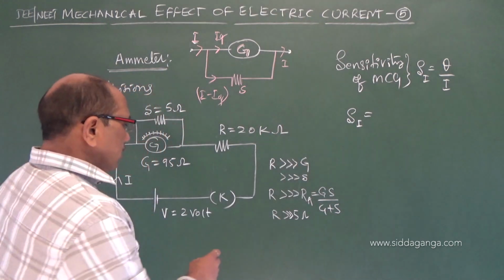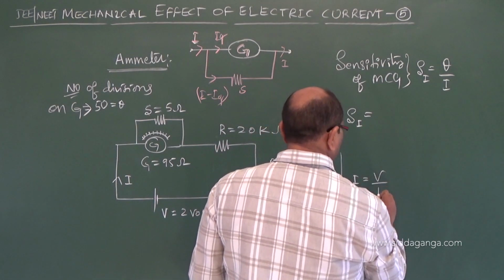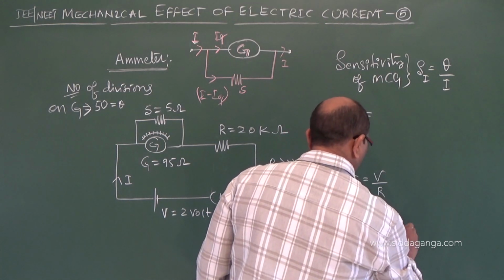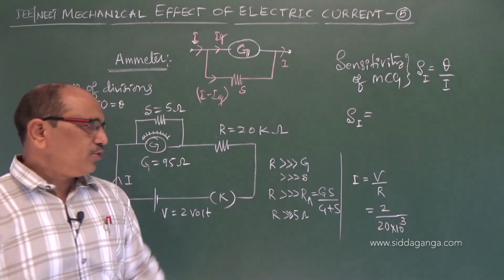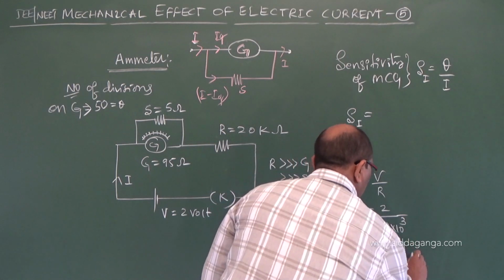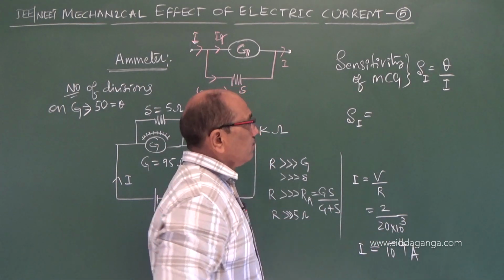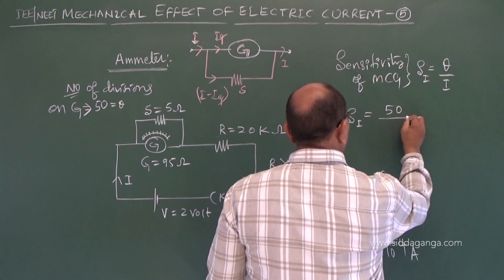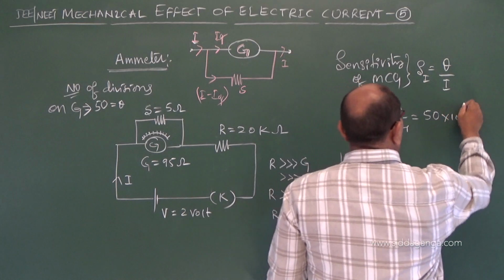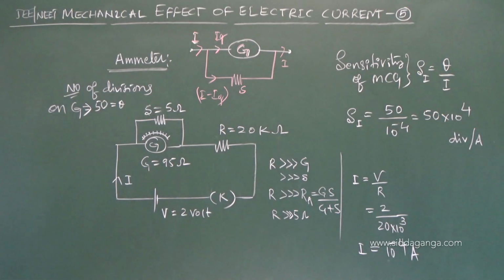In that case, I can calculate the current as current equal to voltage by resistance. Voltage is 2 divided by resistance is 20 kilo ohm, 20 into 10 power 3. If we cancel, the main current becomes 10 power minus 4 ampere. Theta is 50 divided by 10 power minus 4, equal to 50 into 10 power 4 divisions per ampere. The answer is